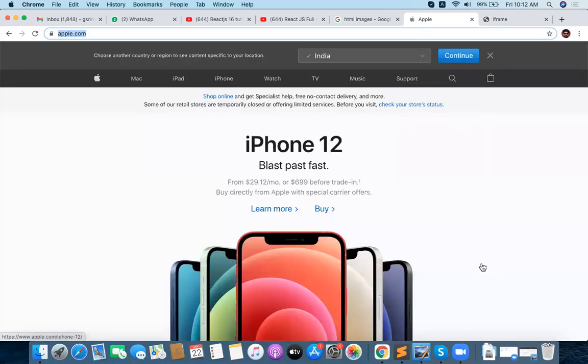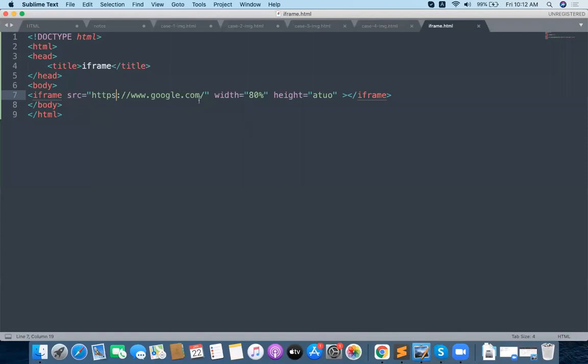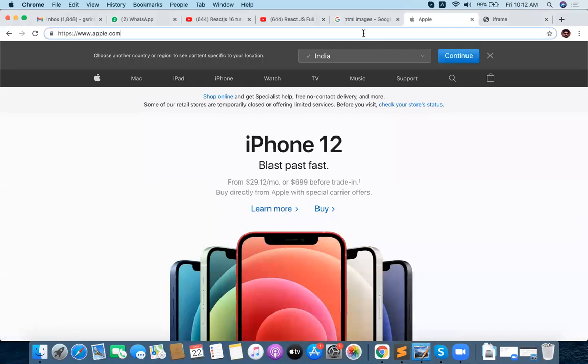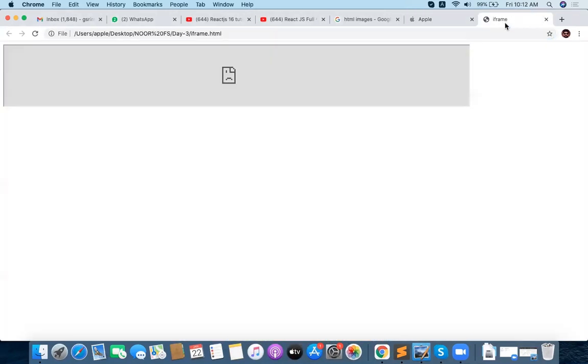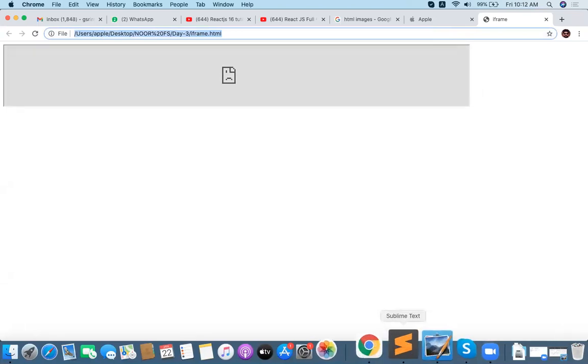Let me check. Some pages are not allowing to load in the iframe. So that is the issue. Apple is also not allowing to load in the iframe.